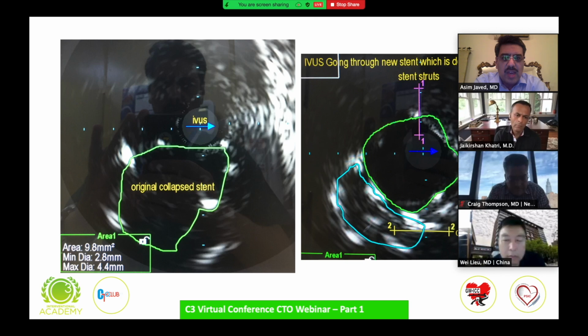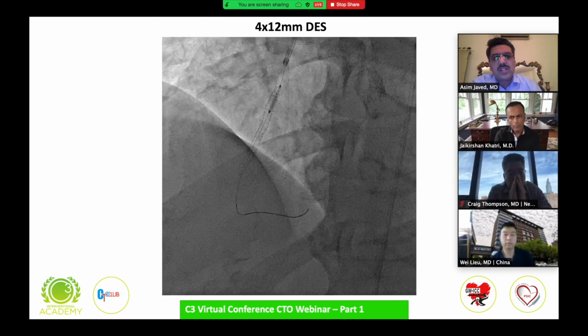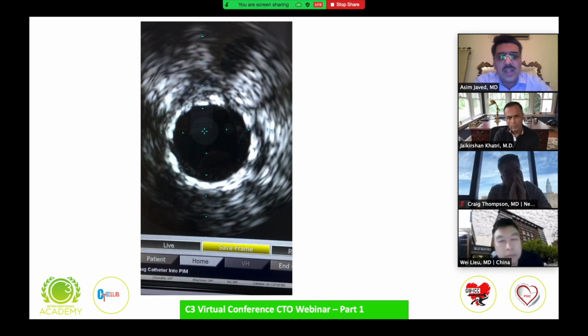So initially you see the IVUS catheter outside the stent, and then as we push the IVUS catheter into the stent further down, you can see two lumens of the stent. One is the new lumen which has been created with the newly deployed stent, and the other one is the old collapsed stent in the initial maybe 2 or 3 struts that are now collapsed. So next thing after realizing this is we bring in another 4 by 12 mm stent, make it slightly more ostial, and then give it a good blow up, flare the stent properly with a 4.5 mm balloon, and then after stenting,